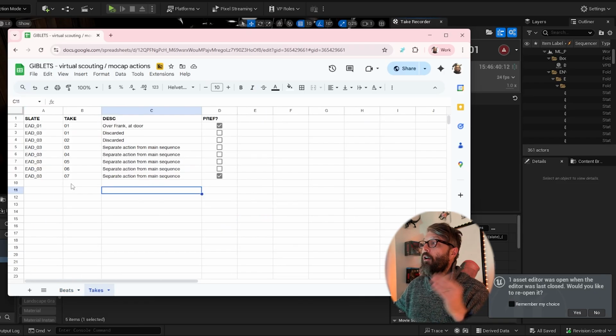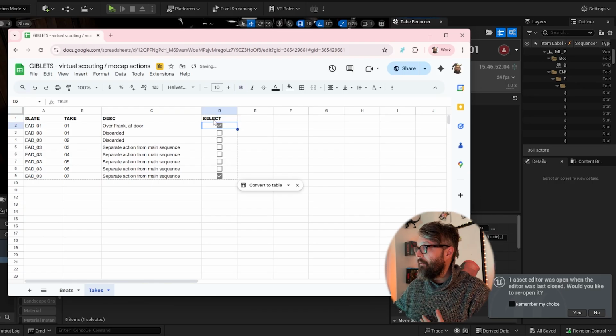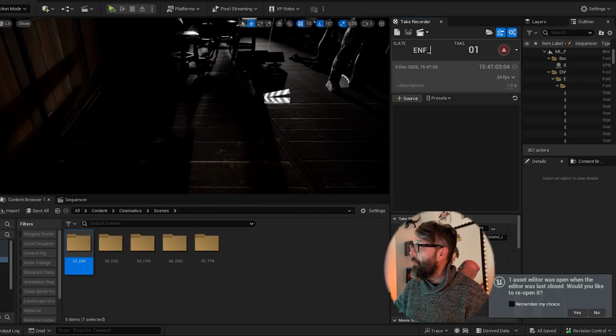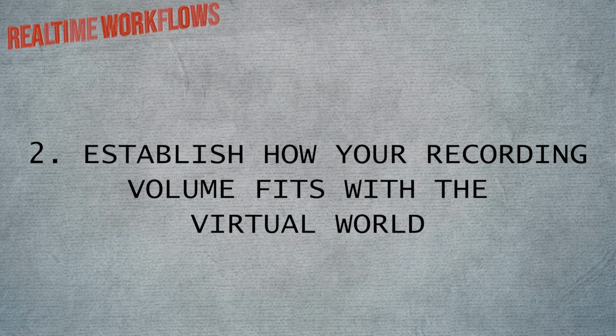And then down here I record each take as I do it, and I just make a couple of notes, and then preferably try and choose a select. Let's call it select, makes more sense than saying it out loud. And I pick the one that I think is best. Usually it's the last one, you know. So just make sure that you know what it is that you're recording when you're recording it, and you name it appropriately. Number 2,